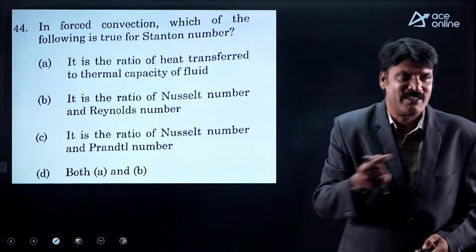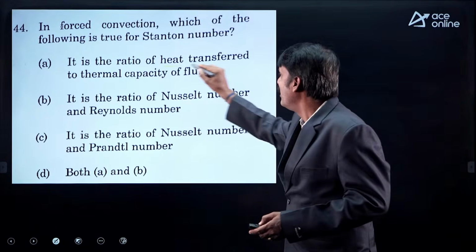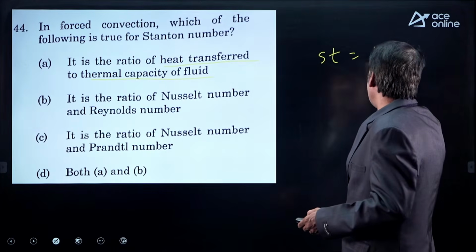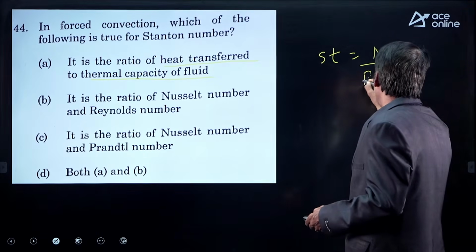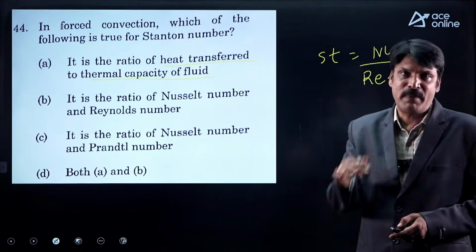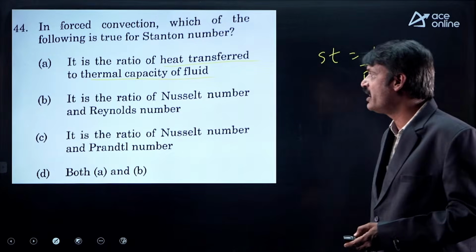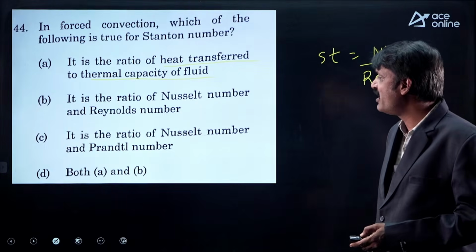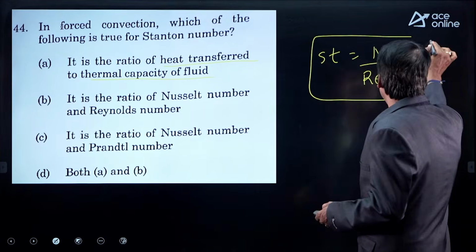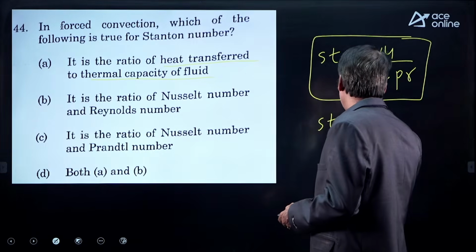In forced convection, which of the following is true for Stanton number? Ratio of heat transfer to thermal capacity, because Stanton number is Nusselt number divided by Reynolds number into Prandtl number. If Prandtl number is equal to 1, then the second statement would have been correct. It is the ratio of Nusselt number and Prandtl number? Wrong. Stanton number is ratio of Nusselt divided by Peclet, or Reynolds into Prandtl, which is also equal to rate